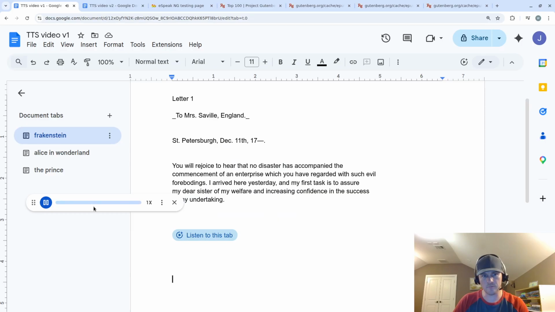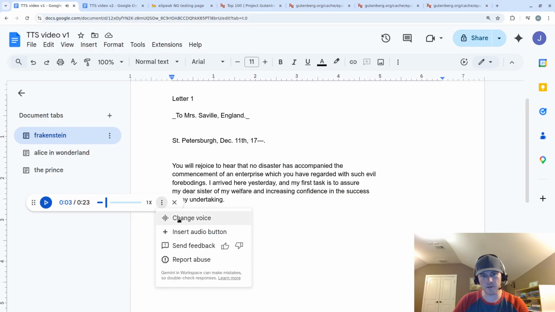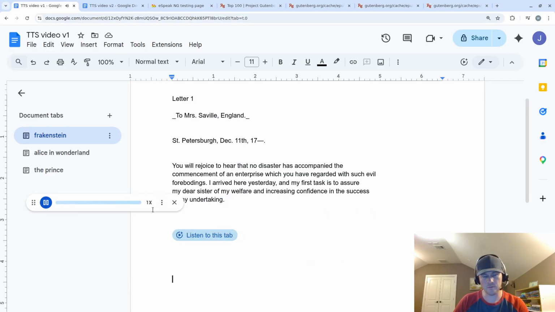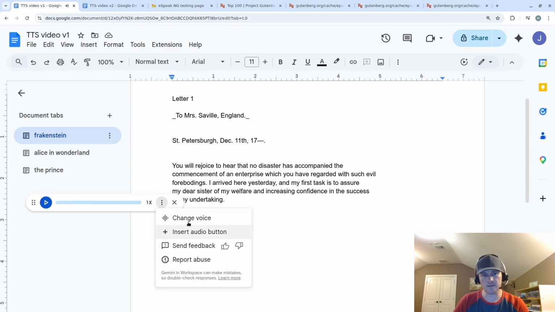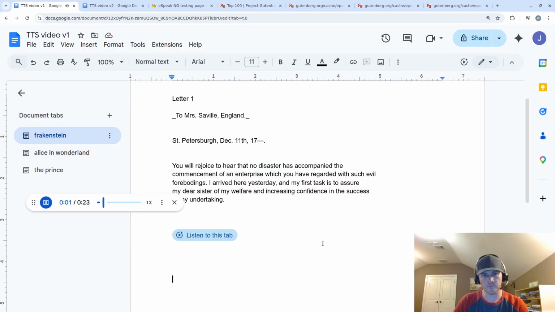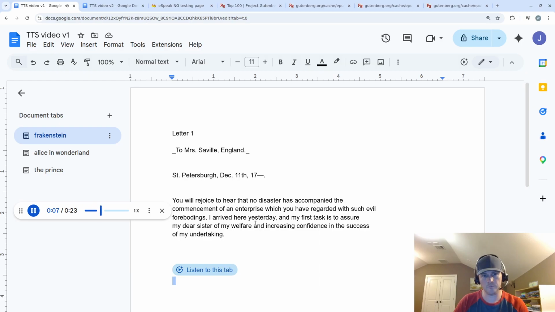Letter 1, to Mrs. Saville, England. All right, now let's try teacher just to see which one I think is better. Letter 1, to Mrs. Okay, I seem to like the educator better. Letter 1, to Mrs. Saville, England. St. Petersburg, December 11th, 17. You will rejoice to hear that no disaster has accompanied the